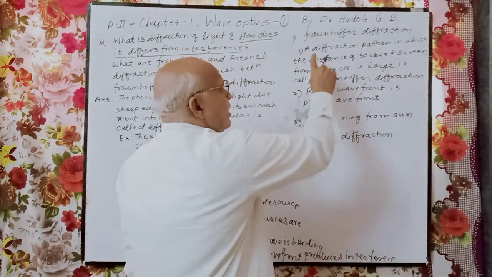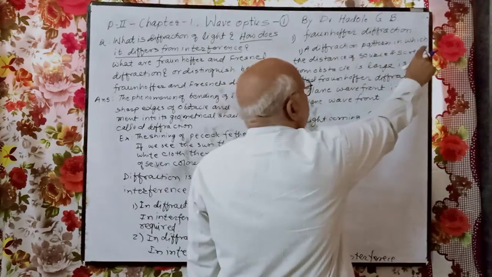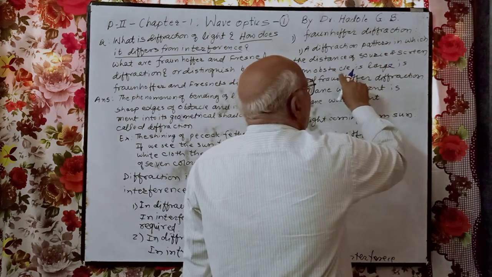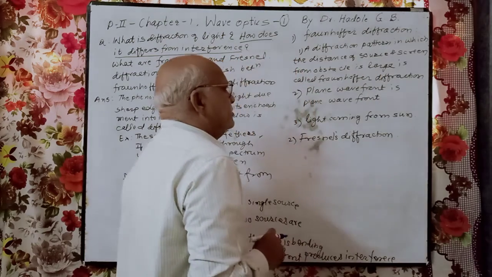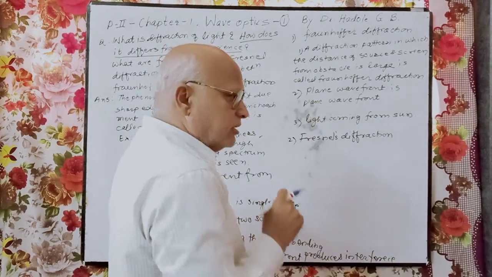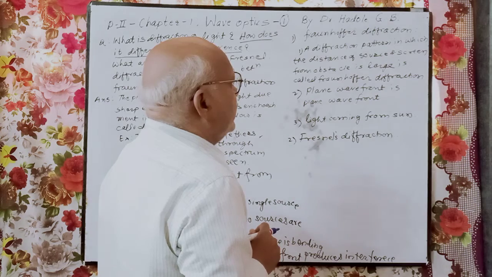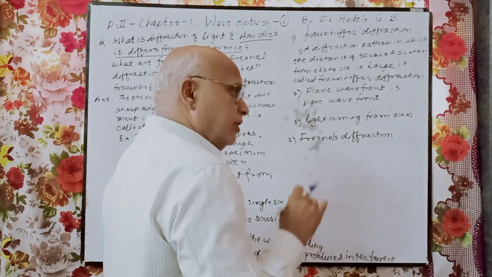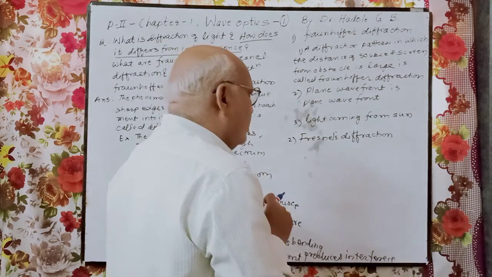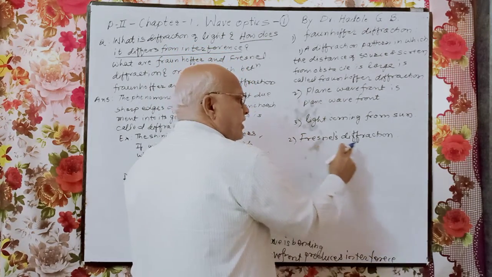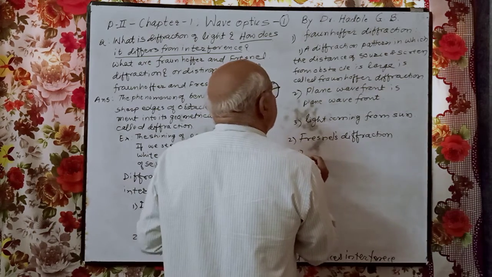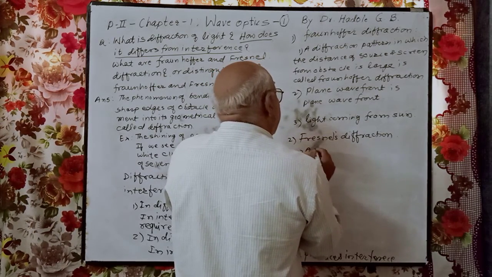Very simple. Here, a diffraction pattern in which the distance of source and screen from obstacle is large, this diffraction pattern is called Fraunhofer diffraction. Now, if this distance is small, then it is called Fresnel's diffraction, and therefore in this first point is a diffraction pattern